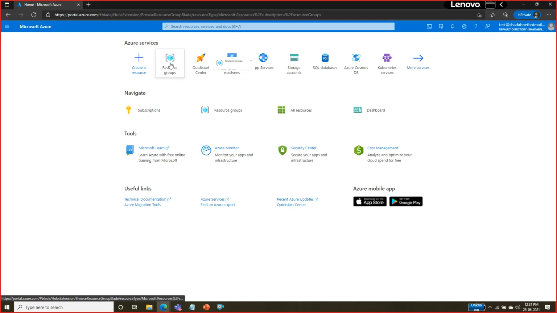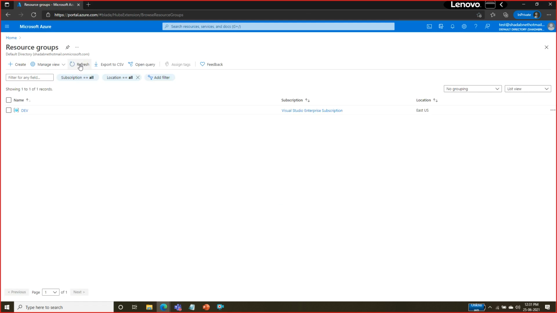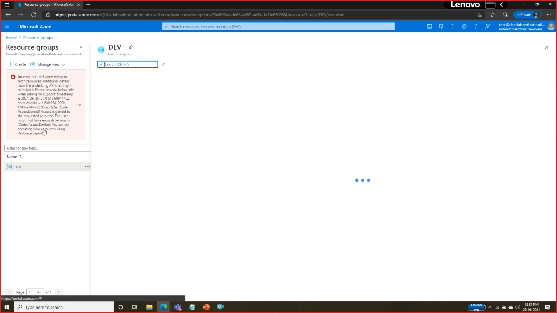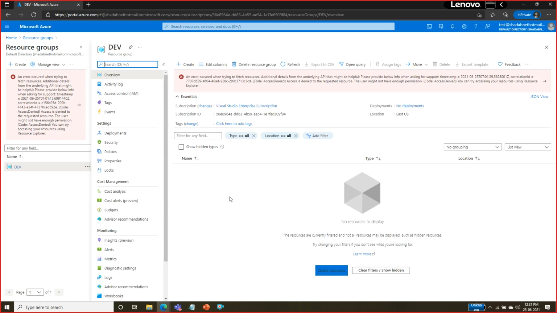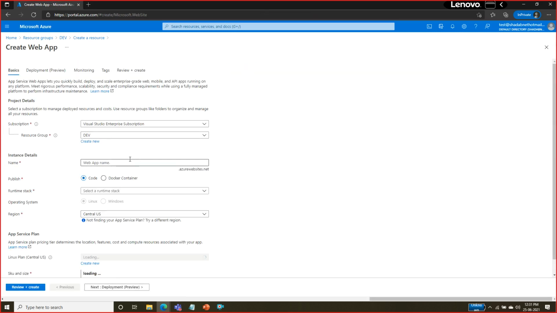Let me go and see. I'll go to resource group, and let's see, for this user you should be able to see only developer. I refresh here. Looks like some issue with this. Trying to fetch. That's fine. Okay, but you can see he is able to see only the developer folder, and he can go and create any other resources he wants inside that. I can create a web app into the resource group.